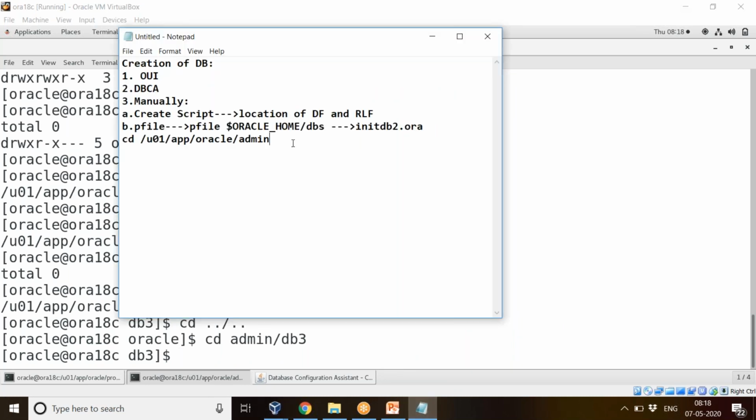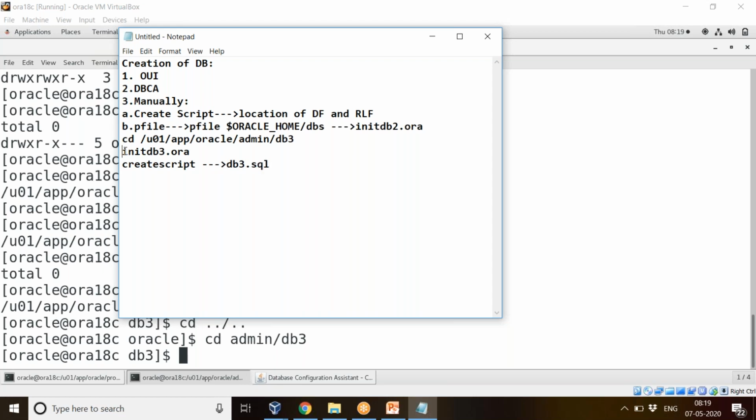See, under admin I'm creating a directory called db3, and under db3 I'm keeping two files. One is init db3.ora, another one is the create script. Create script name I am going to keep is db3.sql. This is the create script.